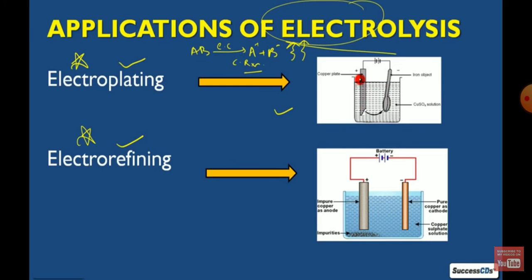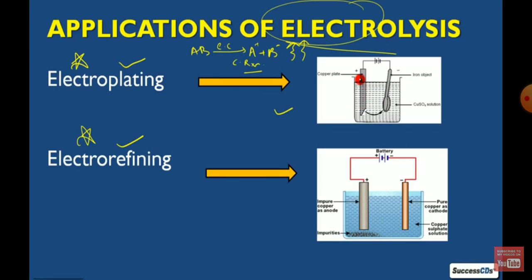Okay, so what is cathode? Where is the negative charge? So how can you guess the negative charge? Here you can see the negative charge, that terminal which is joined with a small terminal, negative terminal. Okay, so on the other hand, the anode means the positive charge, the longer line, the positive terminal. So from the anode, equal amounts of metal get deposited in the solution.